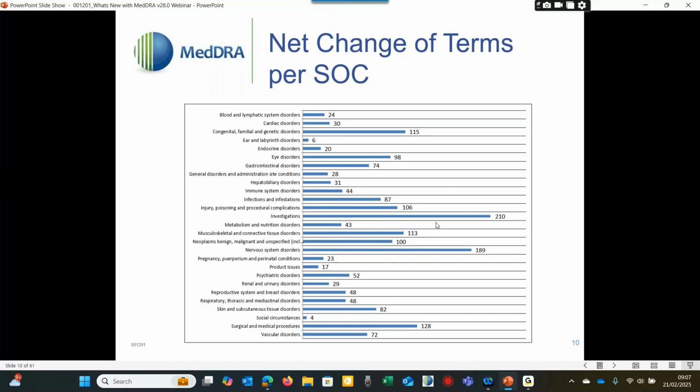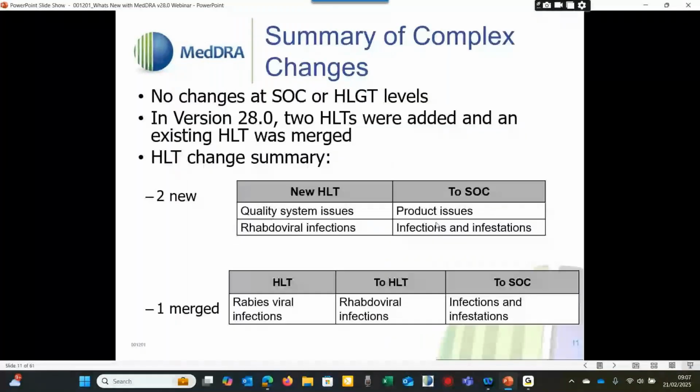There were no changes this time at the SOC or the HLGT level, but in this version there have been 2 new HLTs added and an existing HLT was merged. So here we see the two. One is quality system issues, added to the SOC of product issues, and the second one was rhabdoviral infections, added